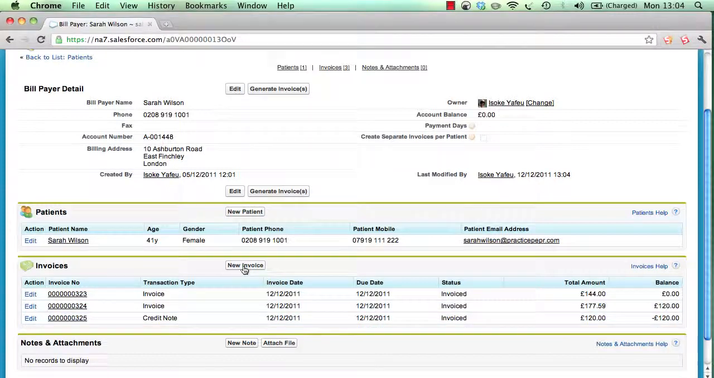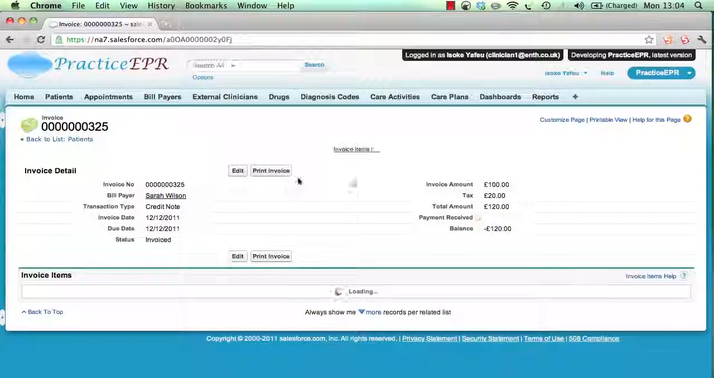Now in the same way, you can raise manual invoices. You can also print the invoice that you've created manually. So if I go to my credit note,